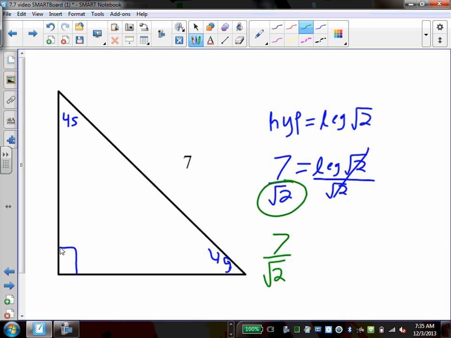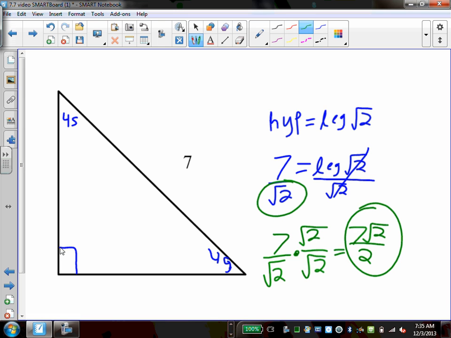So what we'll have to do here to get rid of this root 2, just to remind you, is we need to multiply both the top and the bottom by root 2, which is going to give us 7 root 2 over 2. And that would be leg length. And when you have a 45, 45, 90, good news is,